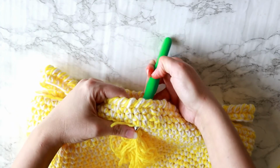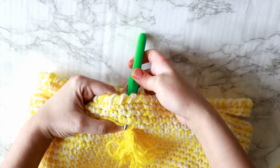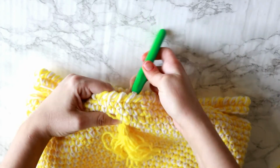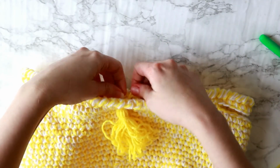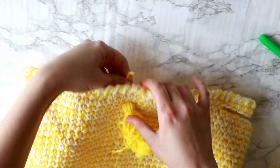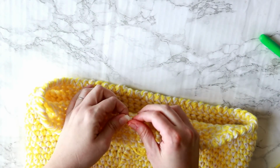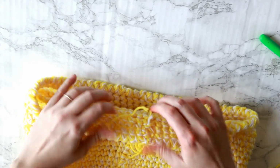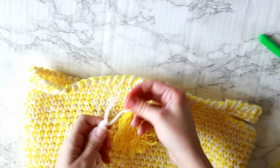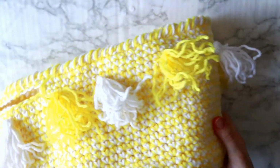grabbing the little tail of the tassel, and I'm pulling one side, then I'm going right next to the other stitch and pulling the other side. That way there is a little space in between, and when you tie it, that is going to keep it in there. Because I have 2 tassels and 2 colors, I am going to alternate it, and I'm just going to go all the way around. And here you have the finished